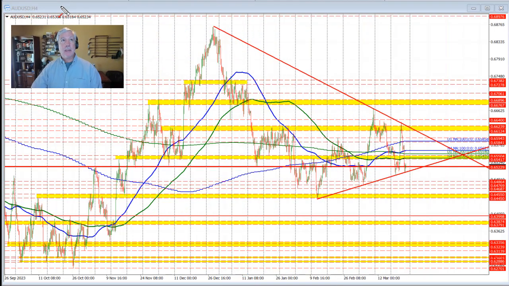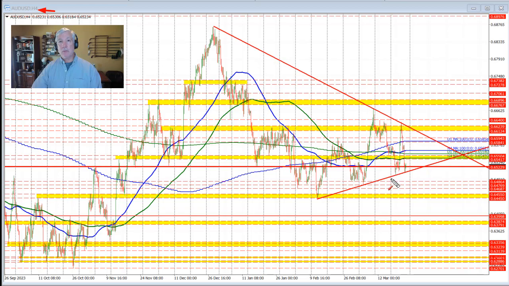This is a Forex Quick Look. I'm going to take a look at the Aussie versus US dollar as we head toward the close of the old trading week and look toward the new trading week starting March 25th. So let's get started. Looking back in time this week by focusing on the 4-hour chart, initially during the